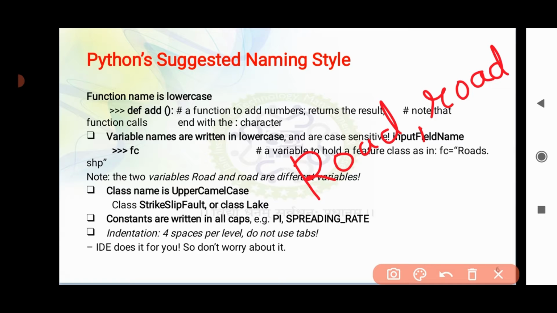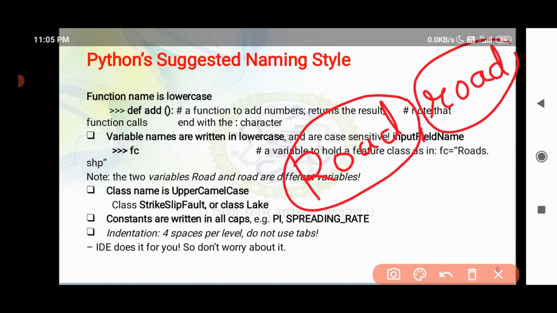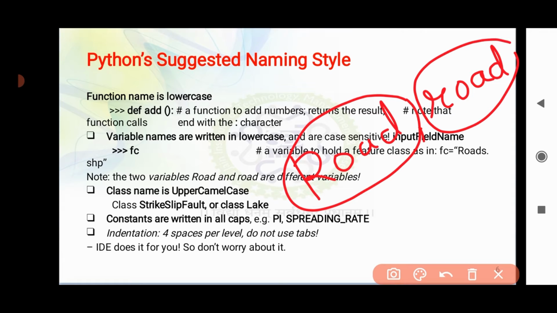First we have the capital name as ROAD. The second one you have with a small r, road. Even though the spelling is the same and the meaning is the same for us, Python will take them as separate variables, as the way you have written them is completely different. So this is how variables should be declared in Python.